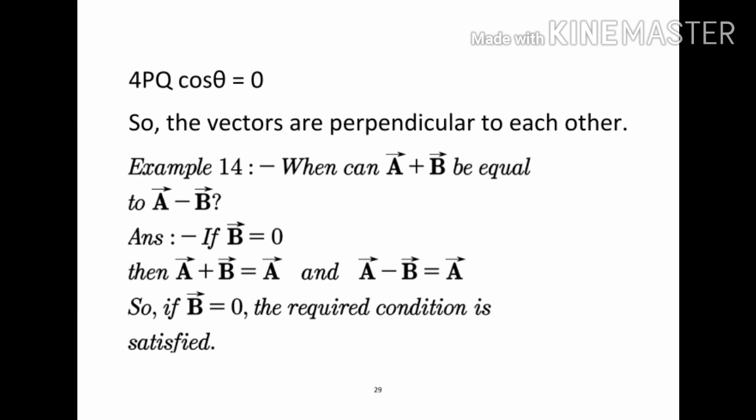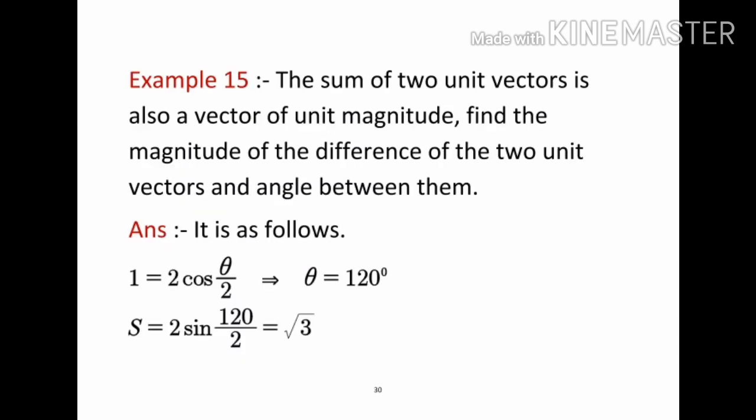Therefore, that is possible if and only if B bar is taken as 0. If B bar is taken as 0, then A bar plus B bar is equal to A bar and A bar minus B bar is equal to A bar. That means to get that condition, compulsorily B bar must be a null vector. And next one,